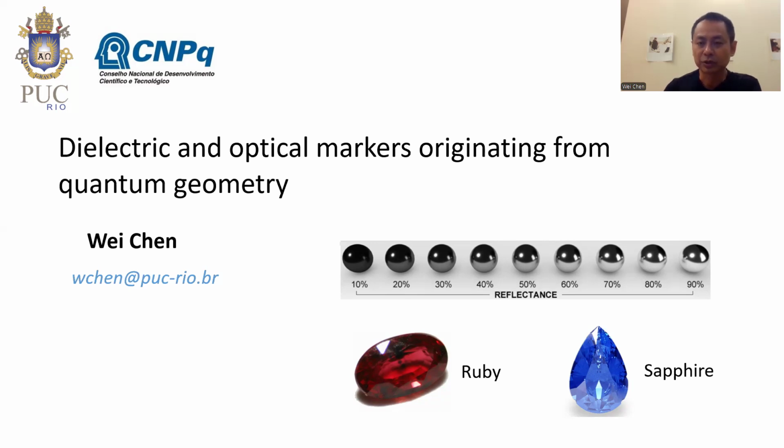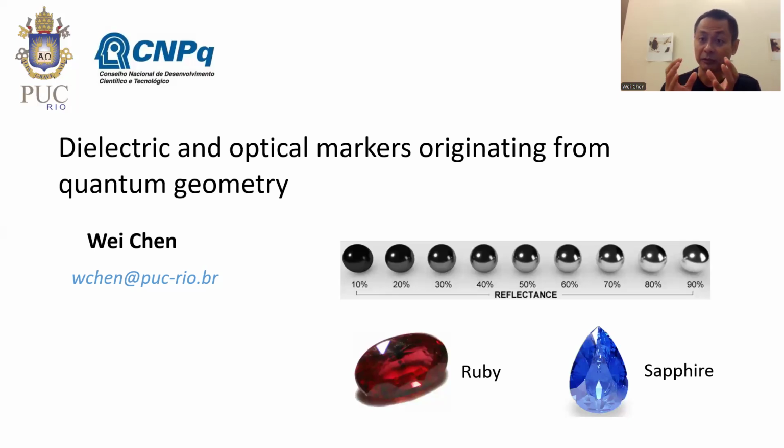So today I would like to share with you my recent paper about how this notion of quantum metric is actually influencing a large part of how we see the world. What I mean by that is that the quantum metric of the valence band states in the semiconductor or insulator is actually influencing the dielectric and optical properties of the semiconductor, including, for instance, the reflectance, which influences how bright an object appears.